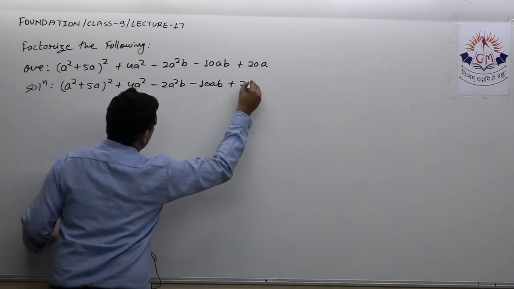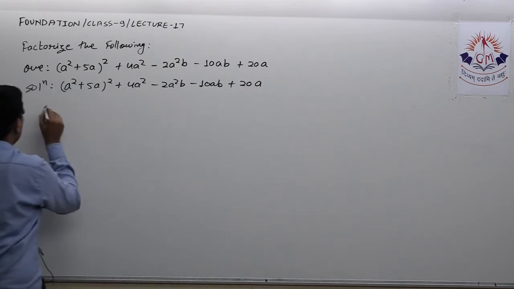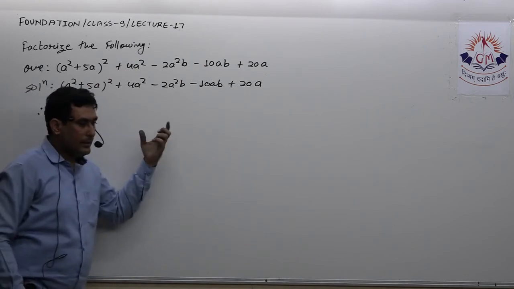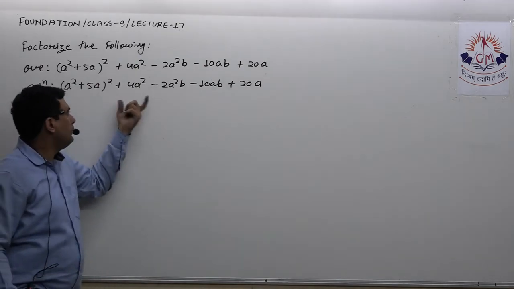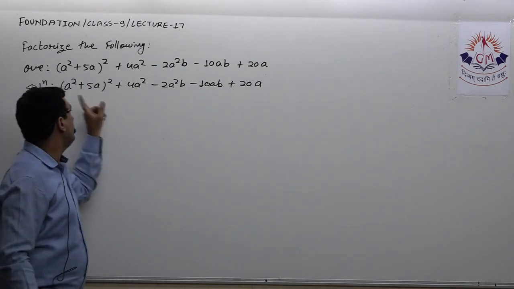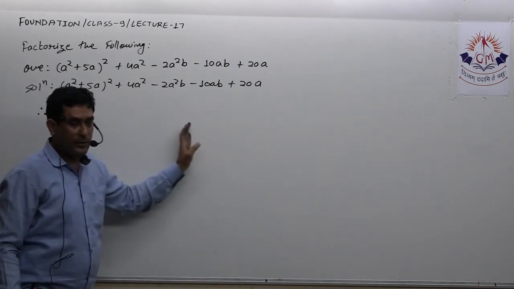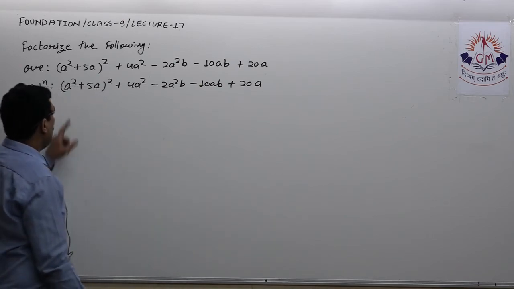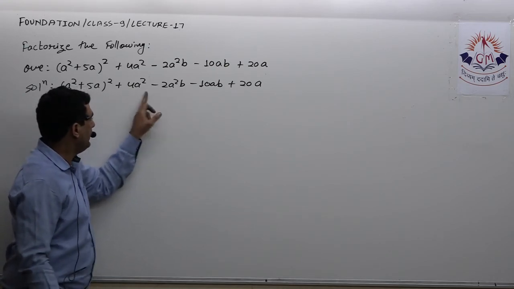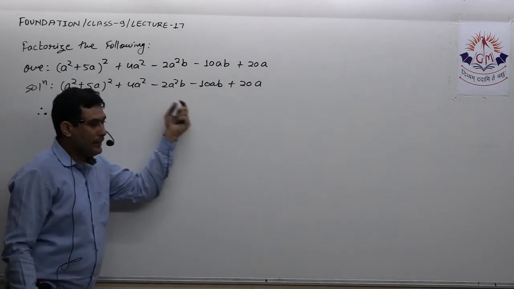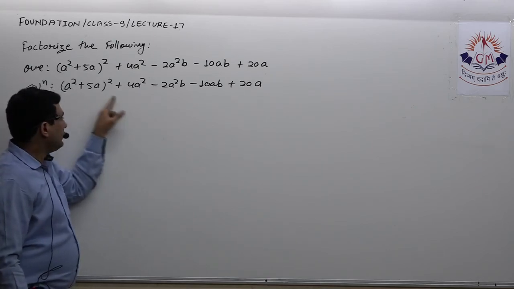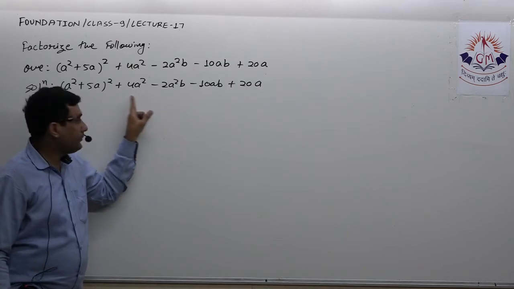Okay, so we have to find the factors. So let us see. Here we have a square 5a. So again I'm thinking that if it is possible to get common from this and this, which is equal to a square plus 5a, then definitely it is possible to factorize further. Now here we have a square plus 5a, so definitely they have something common, but after taking common in the bracket I won't get both terms positive because there is a negative sign, isn't it?